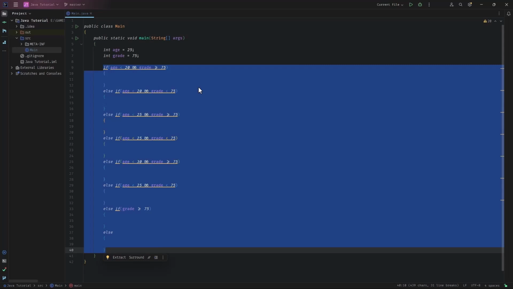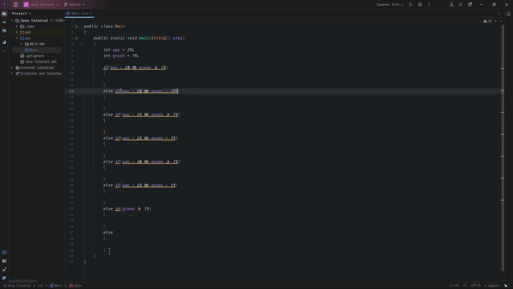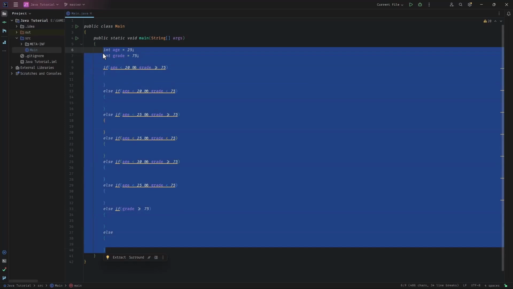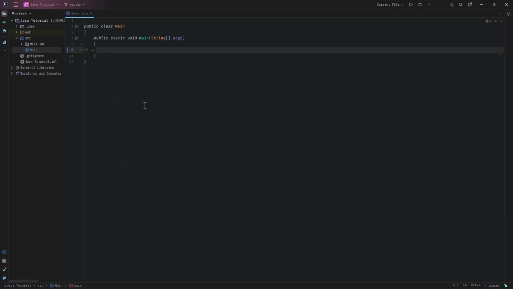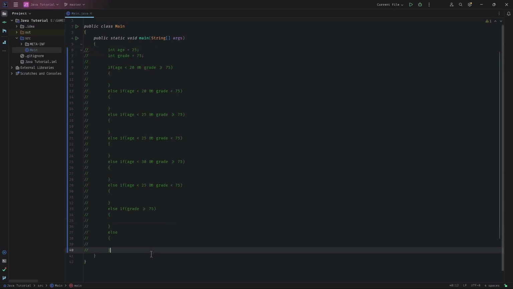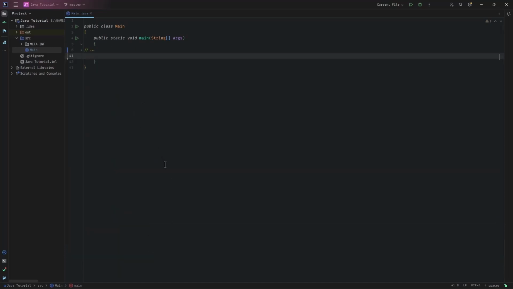Of course, I can copy paste and get the different ages, get the different grades, and whatever I want, but I can make a loop that loops 200 times and then read the ages, read the grades, and then just do the whole scenario. We will take a look at this a little bit later when we understand what arrays are. But for the time being, I will keep this code as an example, and let's talk about the loops,